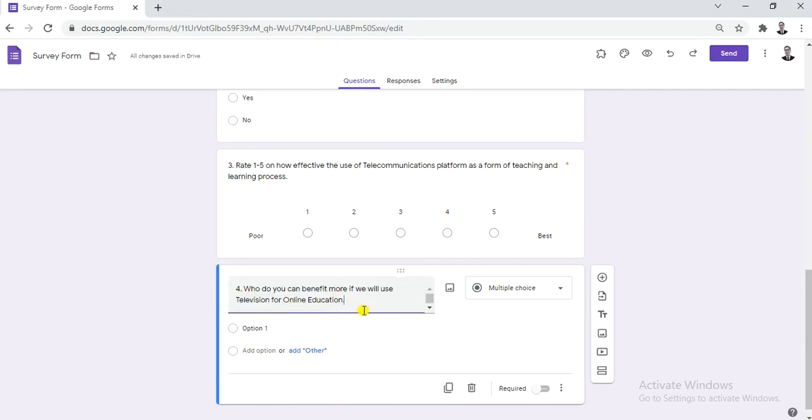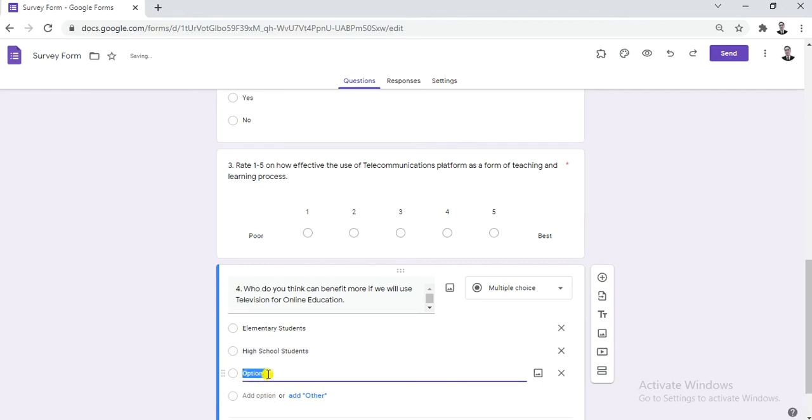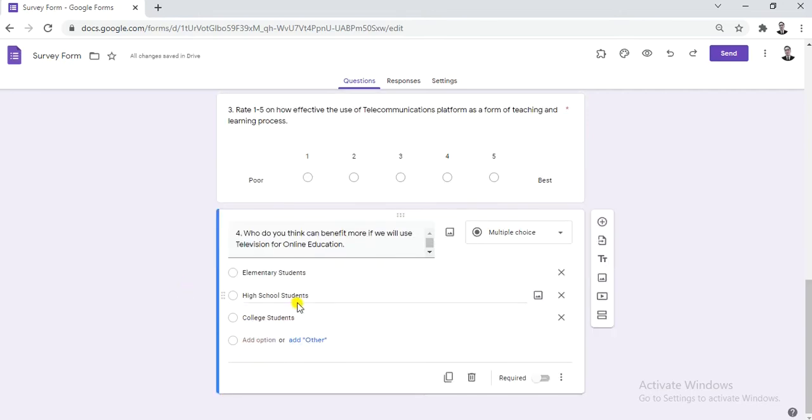Okay, who do you think can benefit more if we will use television or on television for online education? So options here, we have elementary students, we have high school students, and let's put in the last one, college students or tertiary. So in this one, you can have it